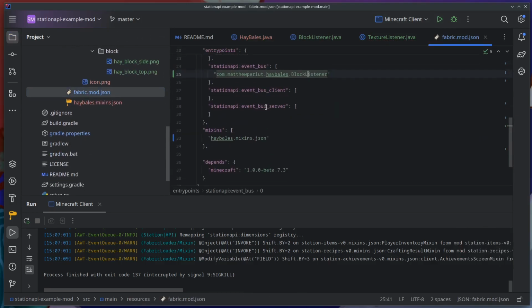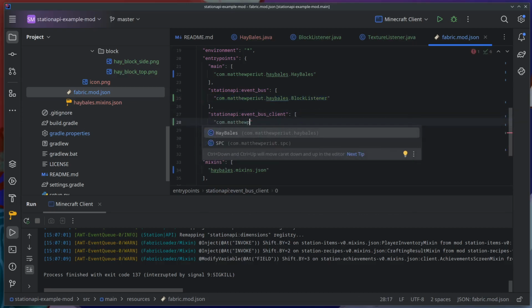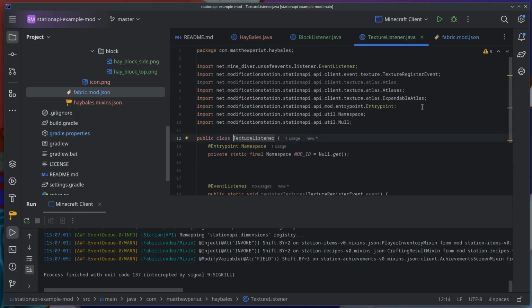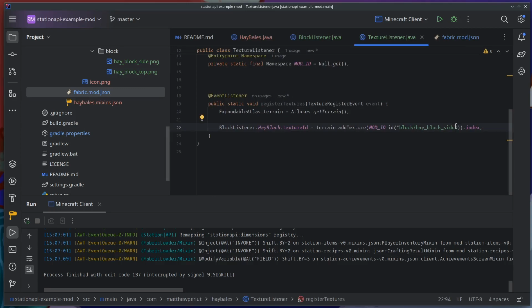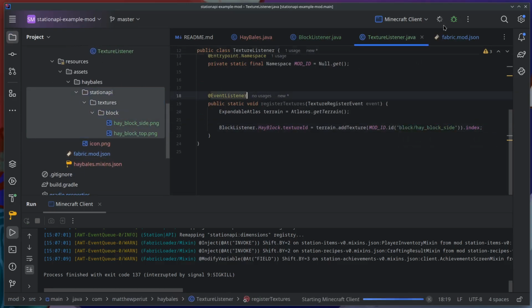If I go into here, textures are only on a client, so instead of doing it up here, it would affect the server if I did it here. But obviously, you don't need textures on a server, so you're going to put it down here instead. And it's going to be that same kind of pattern, and then texture listener. All right, make sure it's green, control click, yep, it connects. And just make sure that this is exactly lining up with this. So now if we run it,